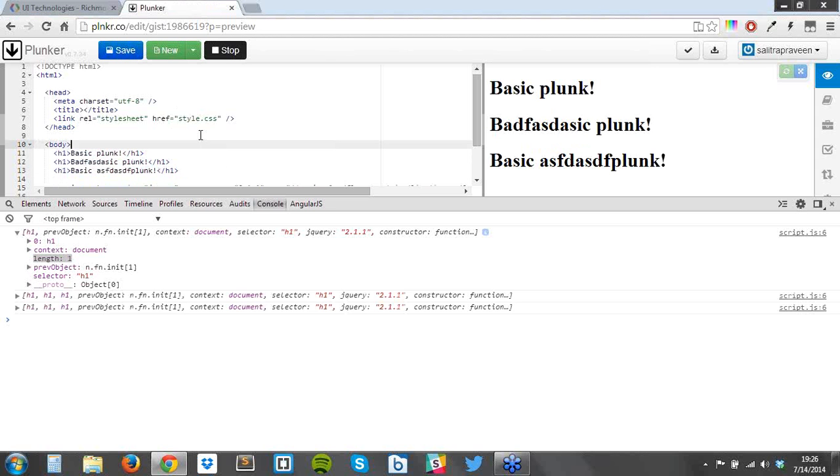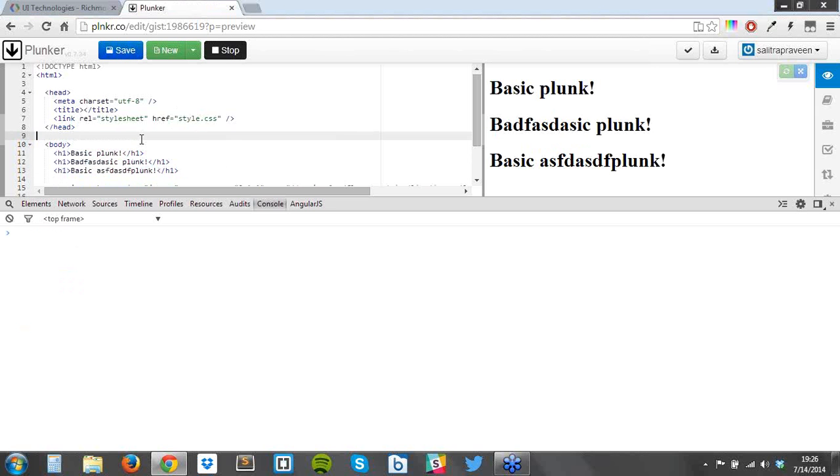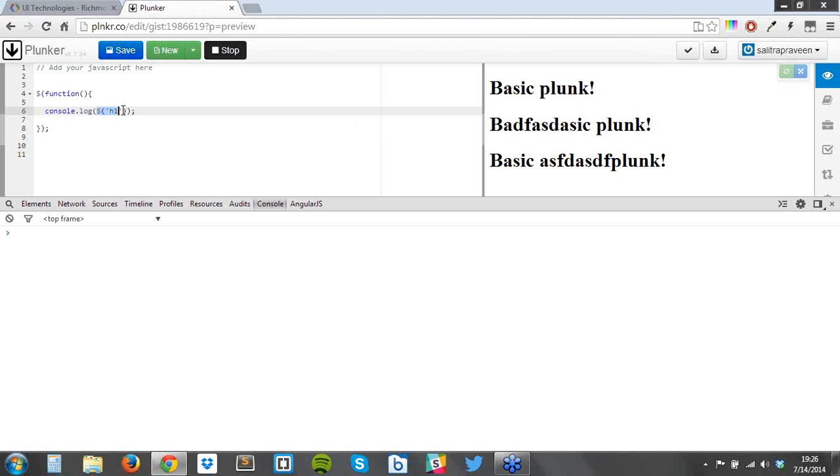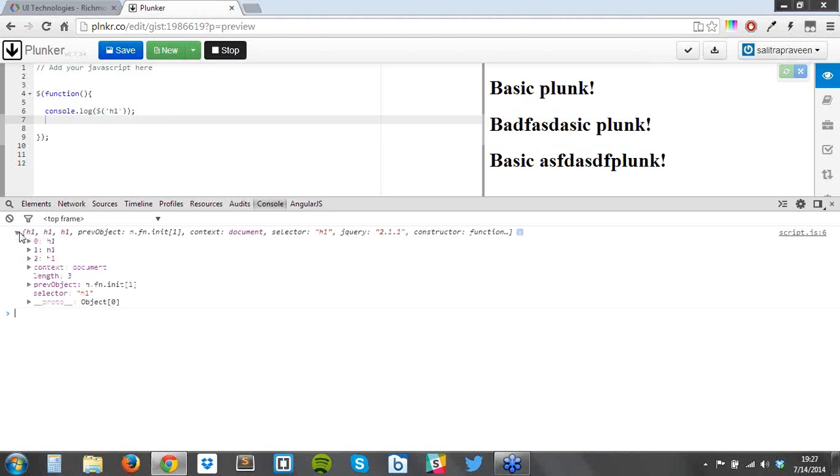Alright, if you put 2 more, or 3 more h1s with different text, then you will see that the selector will be able to reference all 3 together, and it will return you an array having all of these 3. Now of course, this is a normal array, with indexes 0, 1, 2 and their values, and then it has a length property. So we are good with array for these things, but there are other properties as well, like context, prevObject, selector. So of course it is not entirely your native array, because if you print your native array, it will be something